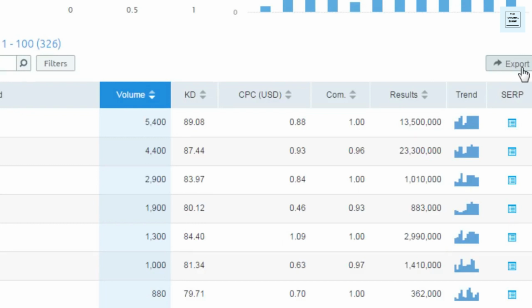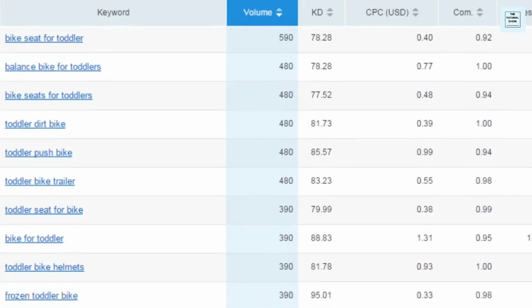So this can give you an idea for subtopics or headings and keywords that you can include in the same report, because ultimately using different variations of your main keyword within your post is going to help you rank for that main keyword as well. So I'm going to pick a keyword here.